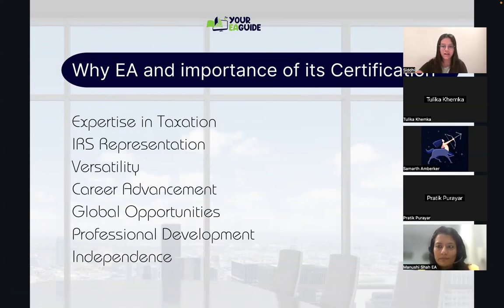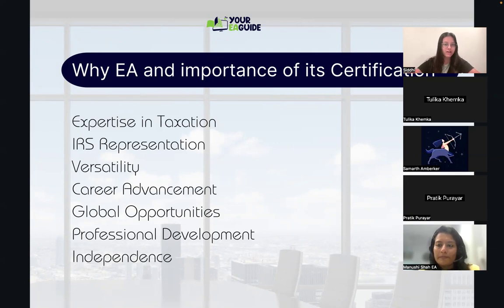One is you get expertise in tax, even though you're working practically, right? When you're entering the documents into the software, you don't know the logic behind that. Sometimes it happens, right? When we enter $10,000 in the input screen in the tax software, why is it showing only 5,000 in the output screen? There might be some deductions, some credits, some benefits which the client is going to get in the form of credits. All these things, the theory portion, the logic behind everything, will be discussed in our EA sessions.